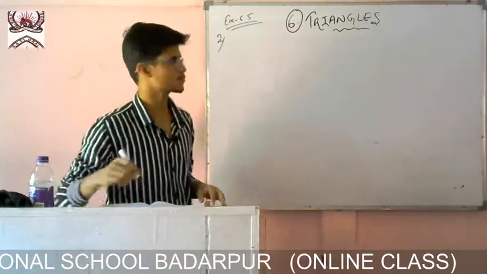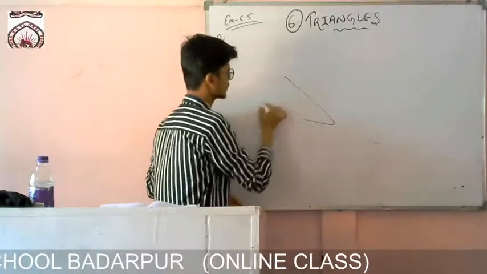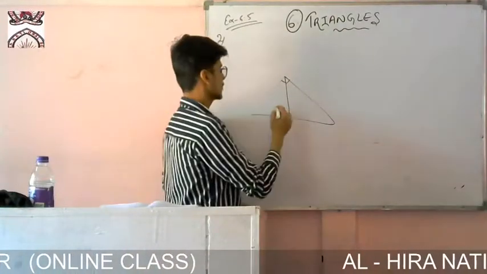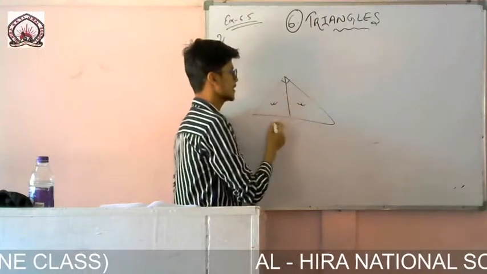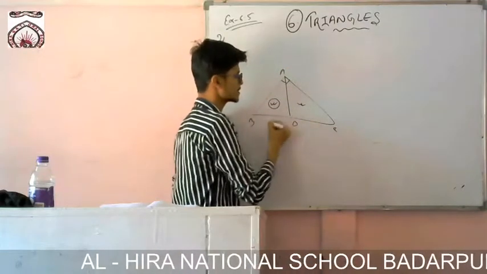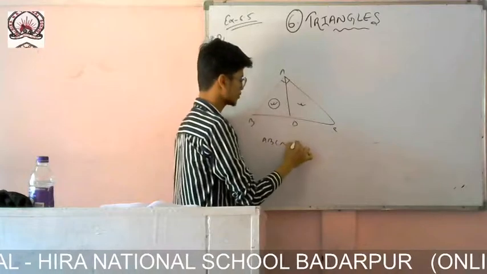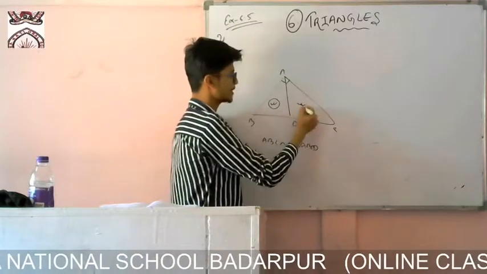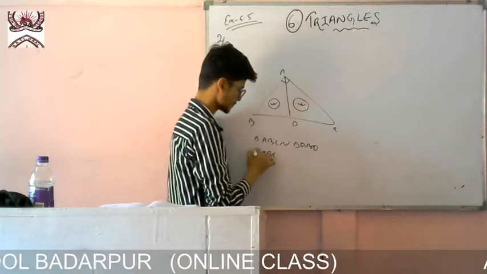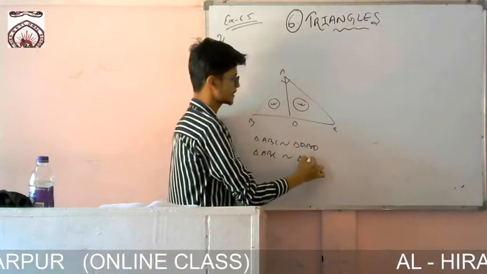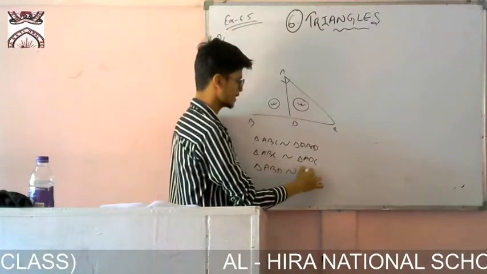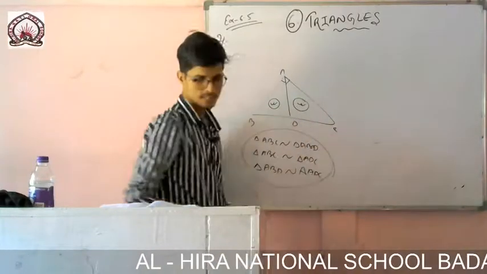As I discussed in my last class, if a triangle is like this, with the right angle here, and I draw a line like this, then this triangle will be similar to this one, and this triangle will be similar to the whole triangle. If I name the whole triangle ABC and this point D, then ABC will be similar to triangle ABD. Same for this part: it will also be similar to triangle ABC, this ADC. And these two parts are also similar to each other, so ABD will be similar to triangle ADC. So this was our first theorem.